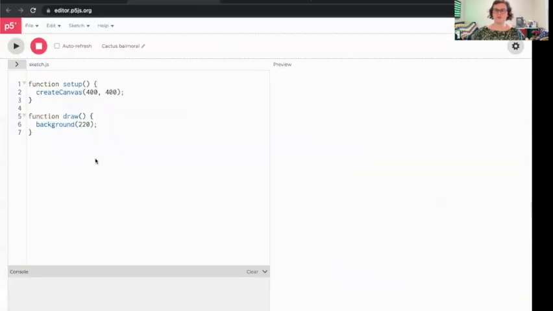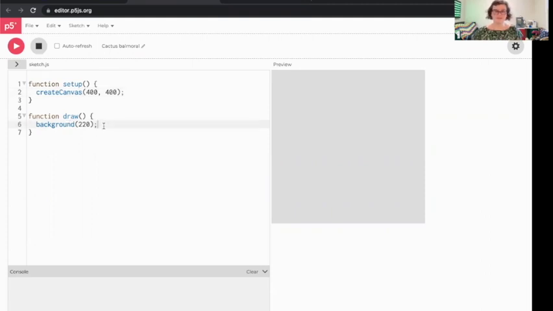So let's open up just the basic web editor here. When it starts, it just gives you setup and draw. And these are already functions. We know you've seen that before. The word functions right there. So the magic that's happening underneath this, the code that's actually running, is when you press play, P5.js is going to run setup one time, and it's going to run draw over and over and over and over. So it's going to go setup, draw, draw, draw, draw, draw, draw, draw. Okay? The setup function is run once, the draw function is run a lot of times, and those are functions